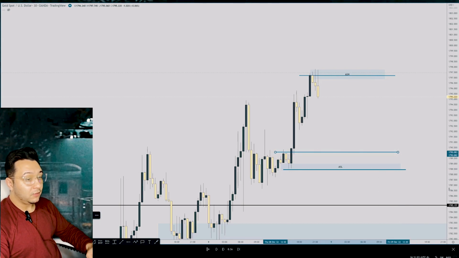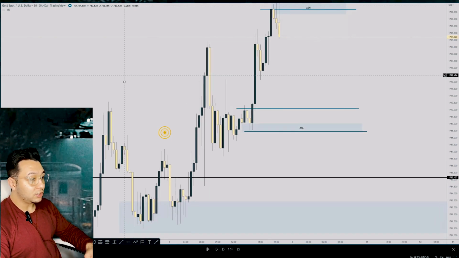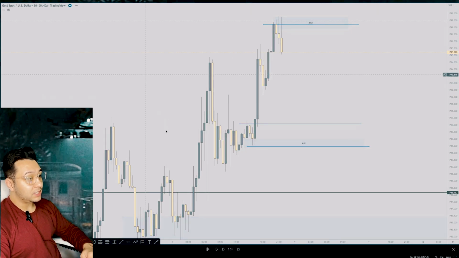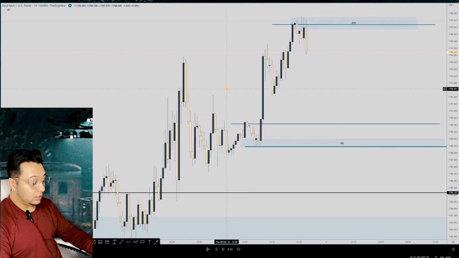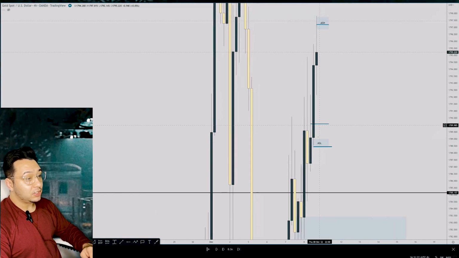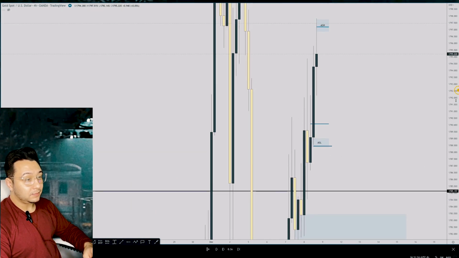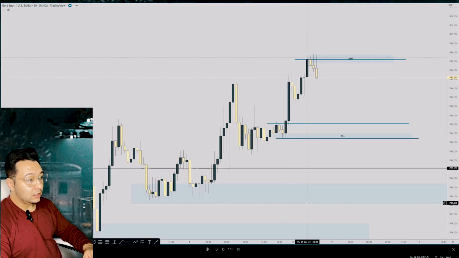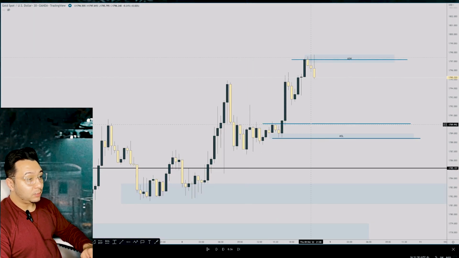Okay, if you're not familiar with structure and breaks of structures, the market had to break this area of resistance, where you could consider this a lower high. It had to break this area in order to continue higher. This was a lower time frame counter trend, and on the higher time frame you can't really see it, it's just a wick. Okay, it was a pullback. Okay, but this is a lower time frame break of structure that had a break for this bullish move to